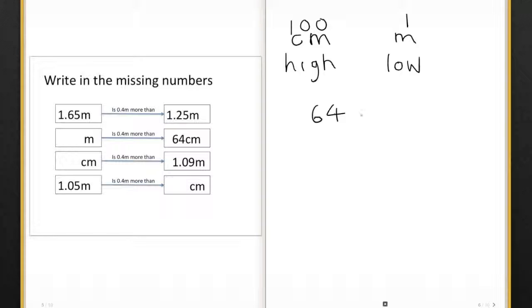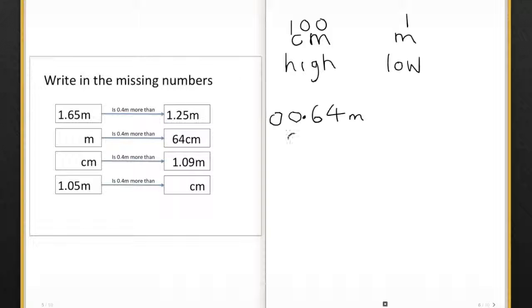So if we're dividing to get low, low is left, and we're going to do 2 places to the left because there are 2 zeros on 100. I'm moving to the left, put some zeros on the left in case I need them. Decimal point starts here, 1, 2. So it's 0.64 metres,